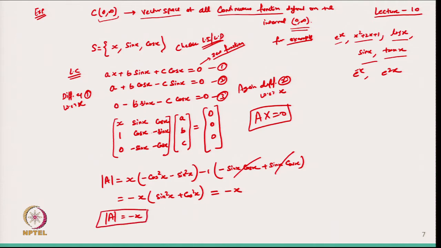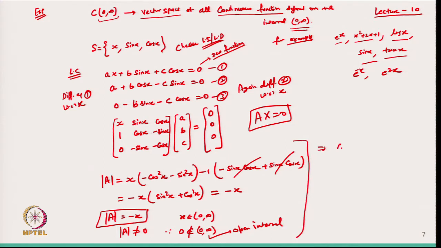Now, from here if you see, x is coming from the interval from 0 to infinity, and 0 is not a member of this interval because it is an open interval. So, from here we can say that the determinant of A is not 0 in this case, because 0 does not belong to this one, it is an open interval. So, from here you can check.